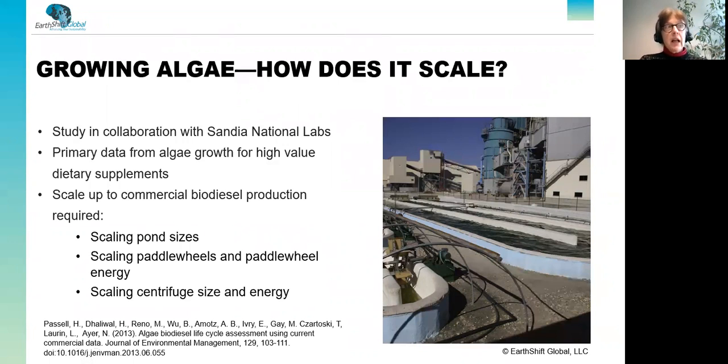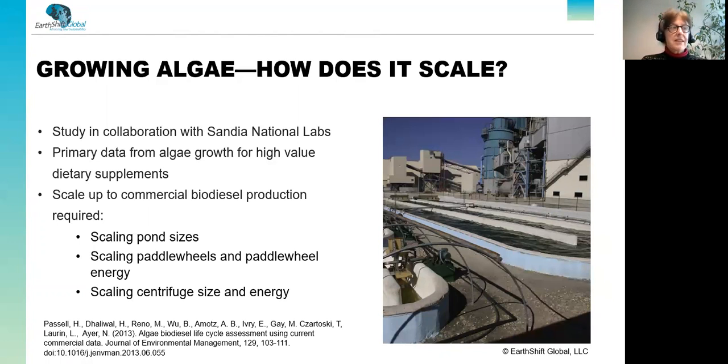We had real data from ponds that were growing algae for dietary supplements. Now, those ponds were producing in volume for dietary supplements, not very big. And so when the results were really far off from the results that some of the other LCAs were showing, I sat down with the